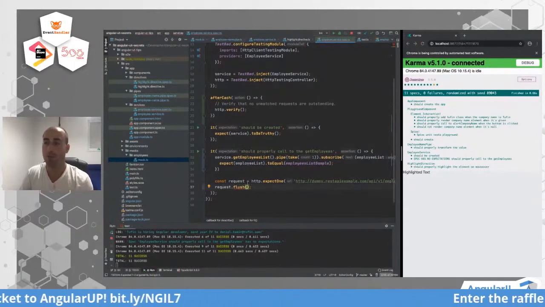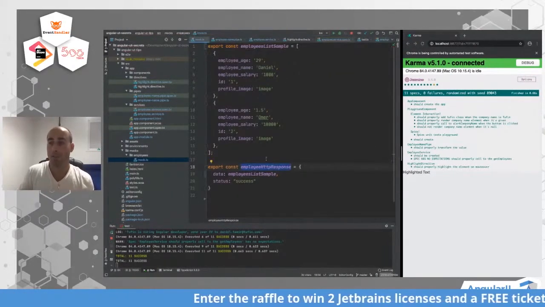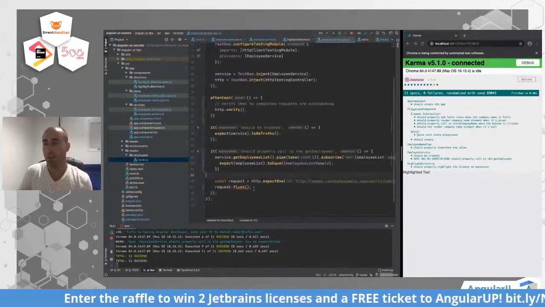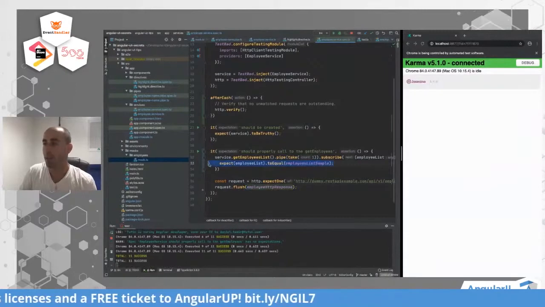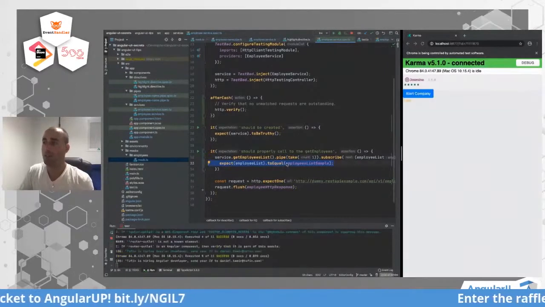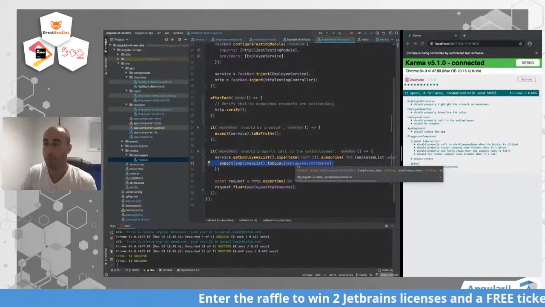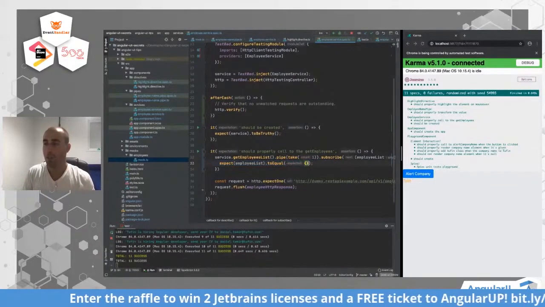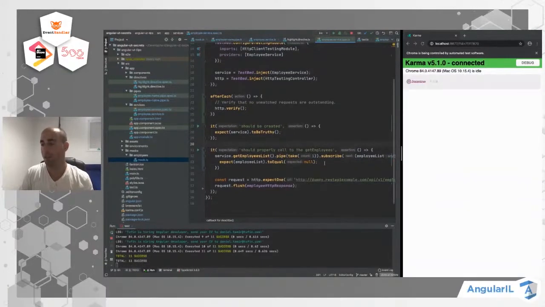So now if we flush the full data, the one that gets back from the API, this expect will get the data as it returns from the API and check that it transforms properly using the map. So if you write something like this, now